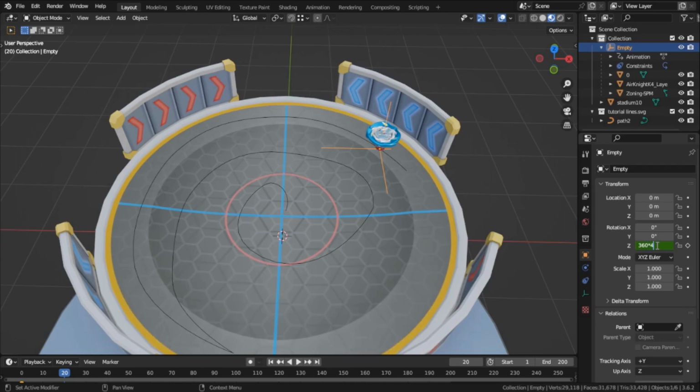Now, Blender is amazing. It automatically does these calculations that you put in. I just type it in, I press enter, and it automatically gives me the number. So just keep that in mind. At frame 20, it's going to have rotated 1,440 degrees. We keyframe it,